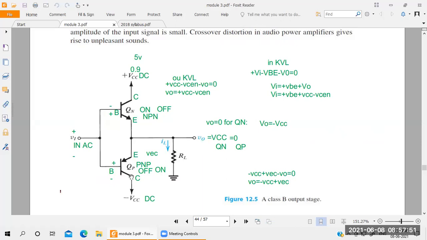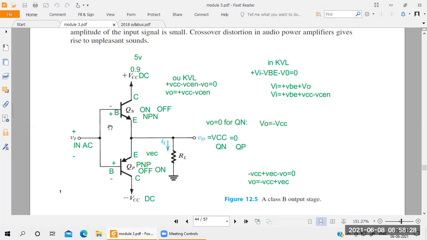What is P type? What is N type? So here you take the NPN transistor. Why do you want to take the NPN transistor here? Because it is connected to plus VCC. Then they have taken the PNP transistor, which is connected to negative VCC. That means the PNP transistor is good for driving the negative voltage, and the NPN transistor is good for driving the positive voltage. Understood? That's why I have to connect NPN and PNP: PNP for negative DC, NPN for positive DC.